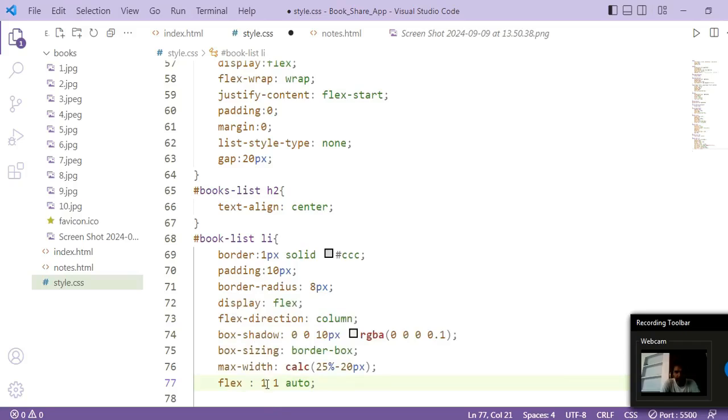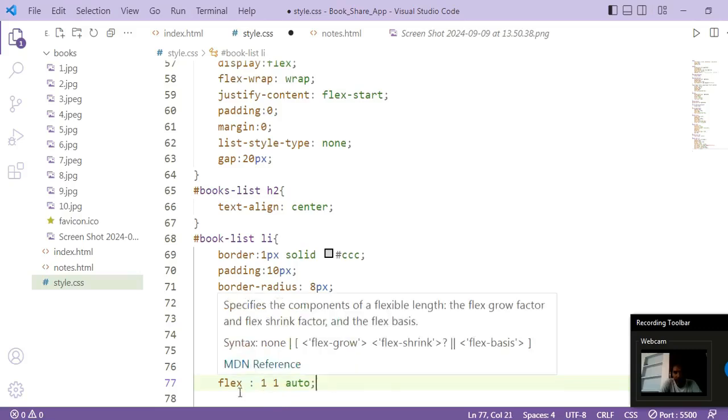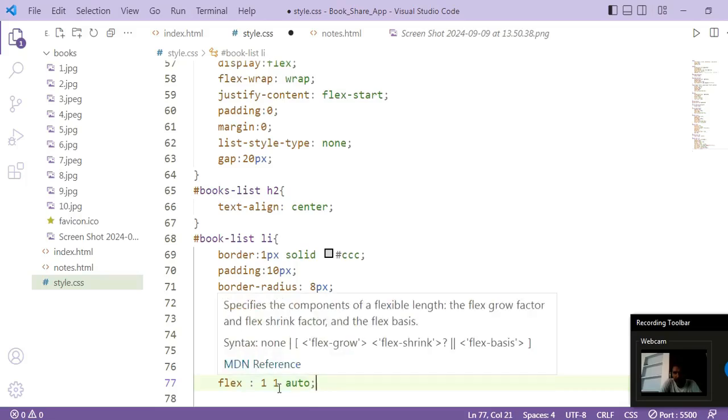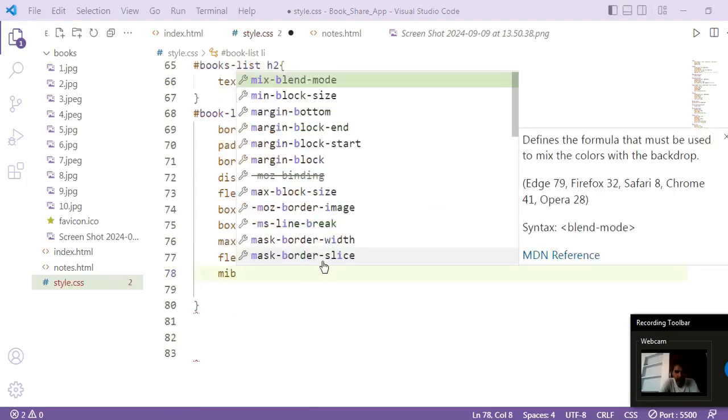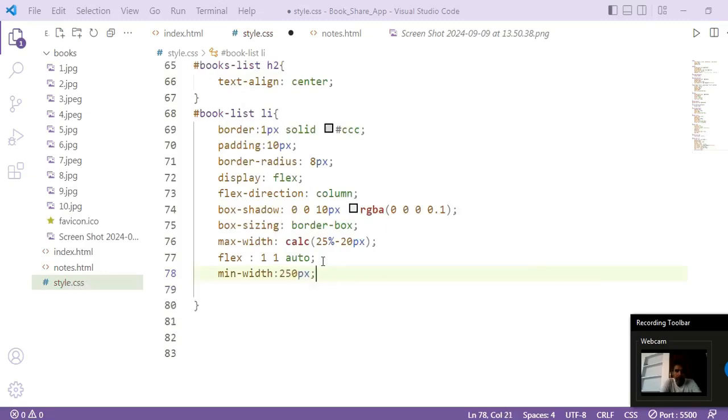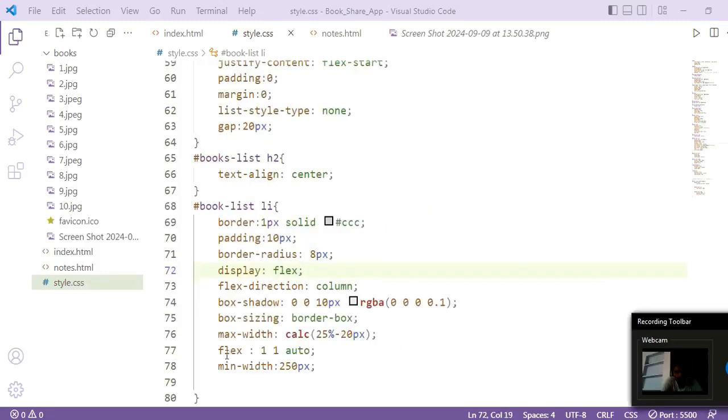And if the flex value here was 0, then it means that the flex item will not grow and shrink its size. Okay, so it is like active state and inactive state. So if it is 1 then it is active, and if it is 0 then it is inactive. So here I have used this flexbox property flex value 1 and 1 for grow and shrink, and auto for the content size. Okay, the next is min width of 250 pixel. Okay, save it. So now let us understand what flex property I have used here with a simple example.